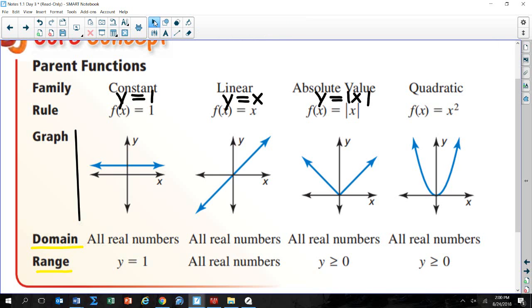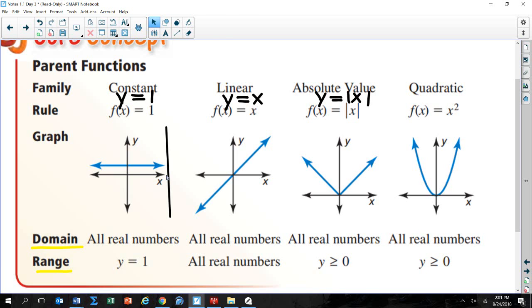If I look at this first function over here, the constant function, I'm going to start with the domain, the x values that are used by that function. I'm going to drag this cursor over to the very left-hand side of my x-axis. Remember, see how my pointer is right here on the x-axis? Okay, and I'm going to click and drag it from left to right along the x-axis. Going left and right, are there any x values that I'm not going to use? No, I'm going to use all of the x values, right? Because it goes infinitely to the left and infinitely to the right. Okay? So my domain is going to be all real numbers